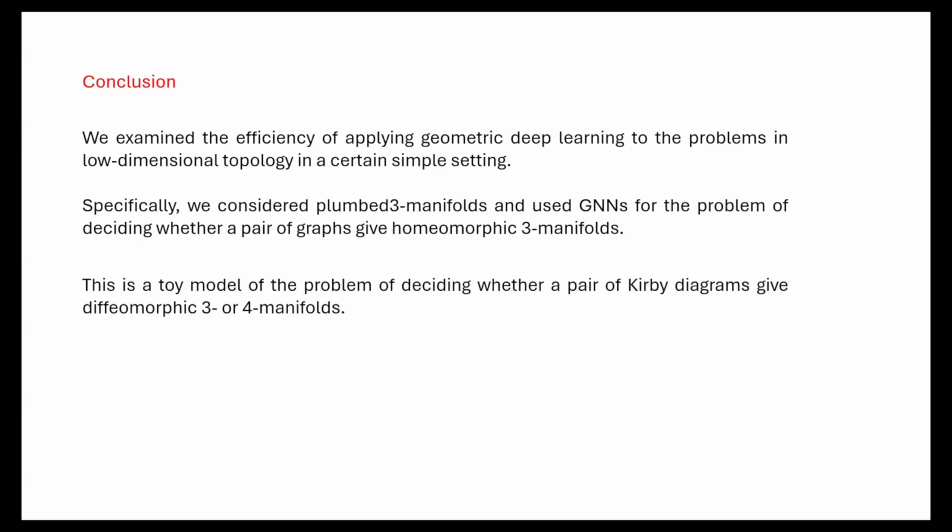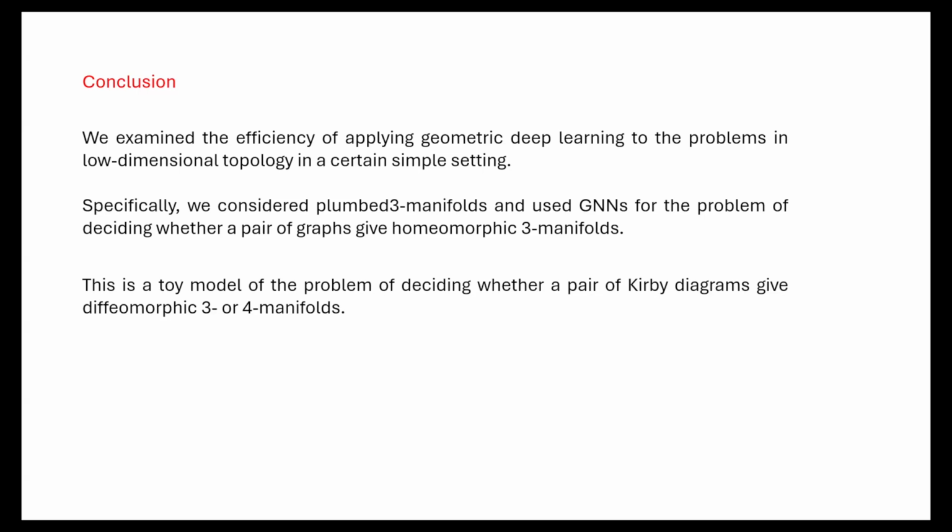Generic planning graphs have much more structured data. For example, to each node there are 2 integer weights, and all the edges have some kind of signs, and the planning graphs can have cycles in them. For generic planning trees, there are only 3 types of Neumann moves, but for generic planning graphs, we have, I think, 9 types of Neumann moves, which is more complicated than this one. So hopefully, for future directions, one can utilize such graph neural networks